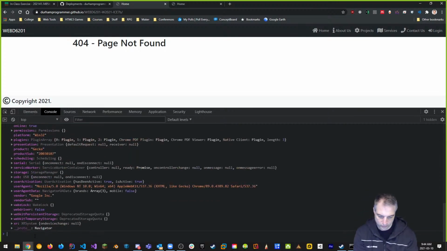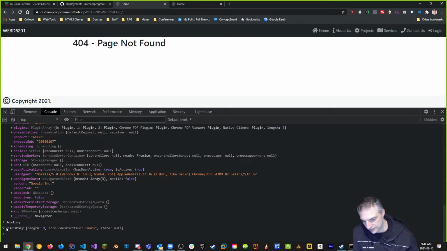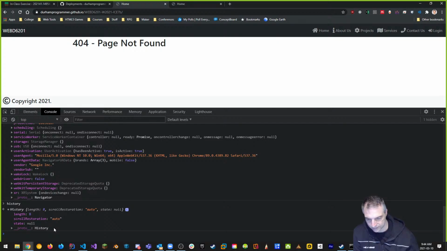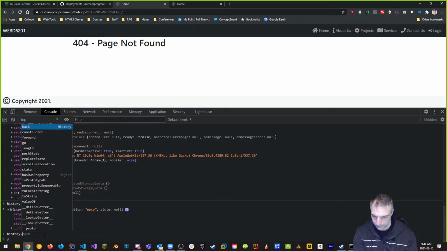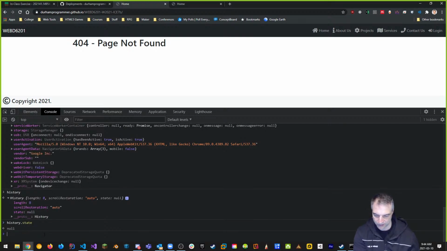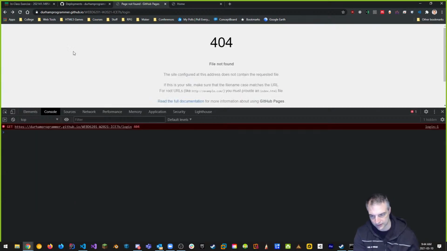We also have a history object. If I do history and press the history object in there, you can see that I have a length of 8. As an example, my history object has 8 different states. If I do history dot and look at back, length, forward, pushState, replaceState, and state, as an example, I want to see the history state. Right now, there's a null state. If I want to do a back, it goes back to the previous thing, like pressing the back button. So all those things are working as they should.